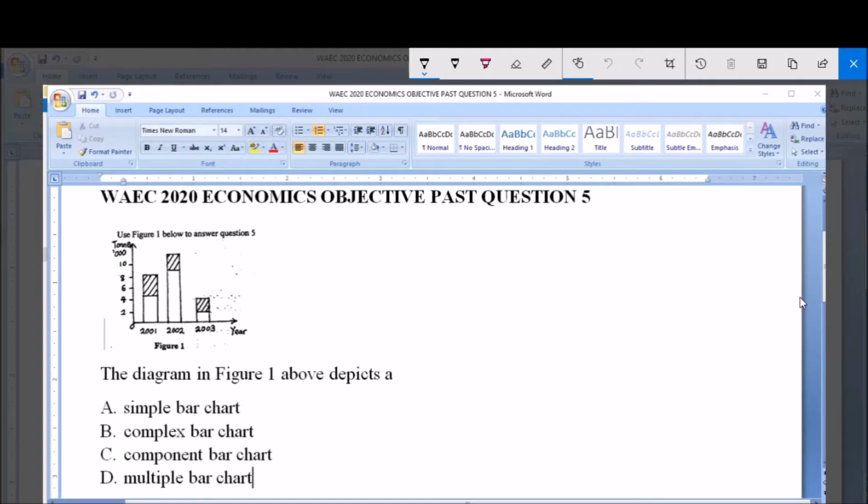So you have a diagram here which is labeled as Figure 1. Now, the diagram in Figure 1 above depicts A. Simple bar chart, B. Complex bar chart, C. Components bar chart, D. Multiple bar chart. Now, the first thing we know from this information and from the options given to us is that it is